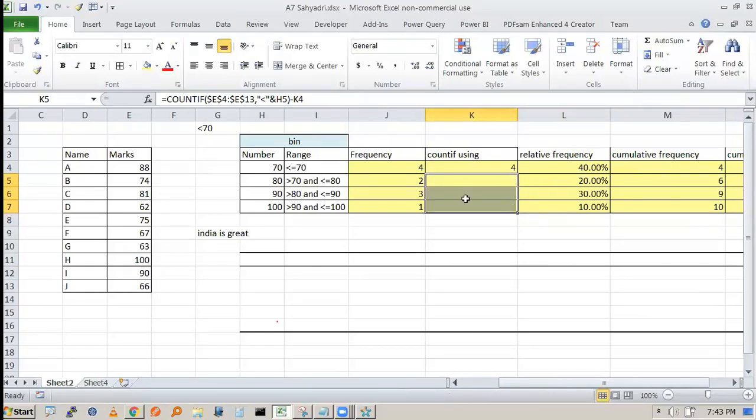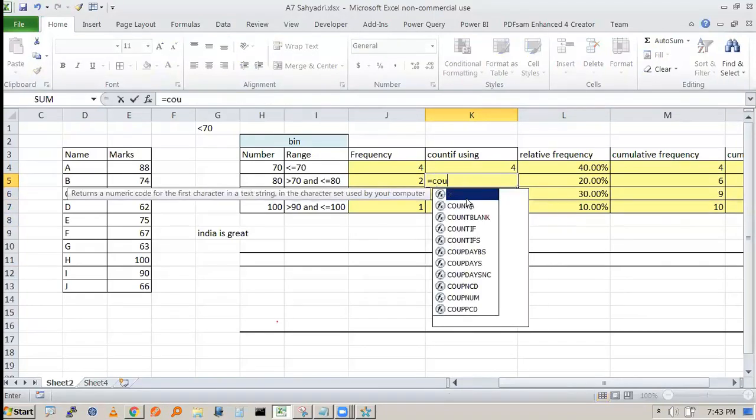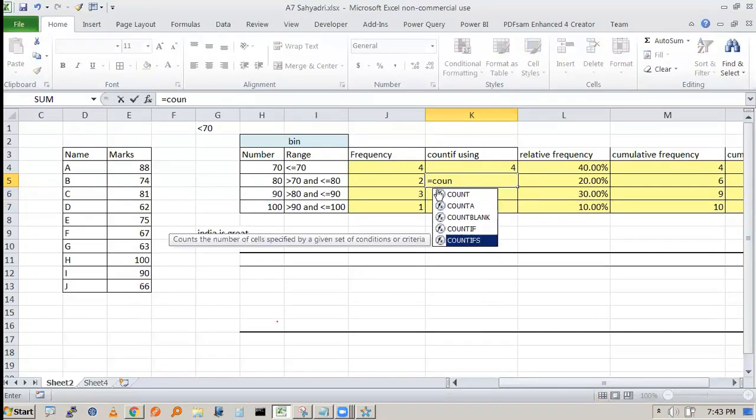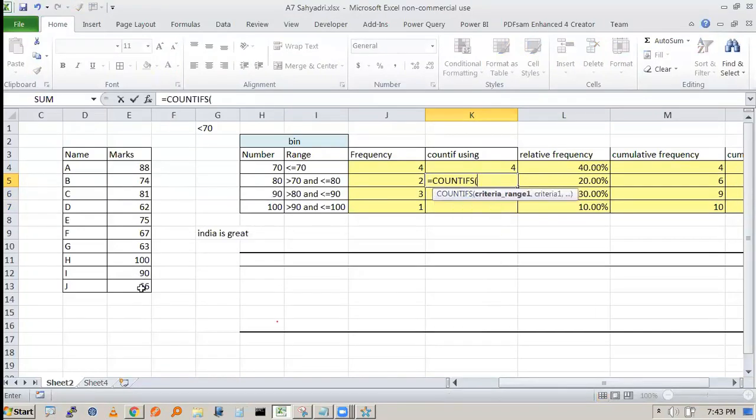We will use the COUNTIFs function. So we'll say COUNTIFs. What is the range? We will select this range and fix it. What is our criteria? It should be greater than 70. That is the first criteria. Then again on this range, the second criteria is that it should be less than equal to, so you have to do ampersand